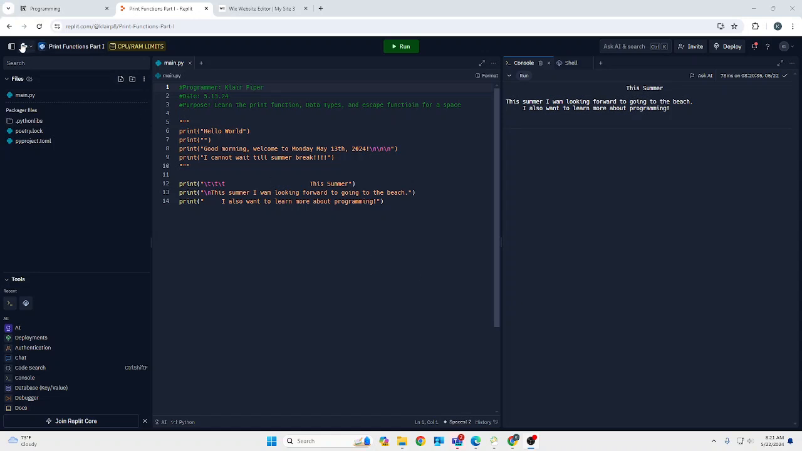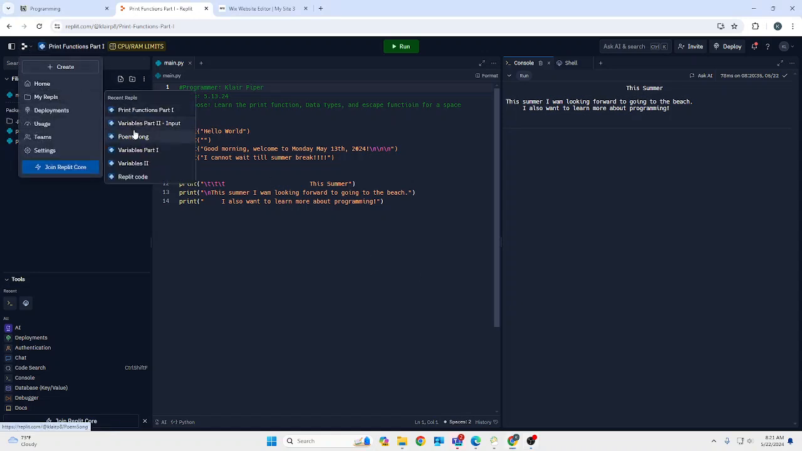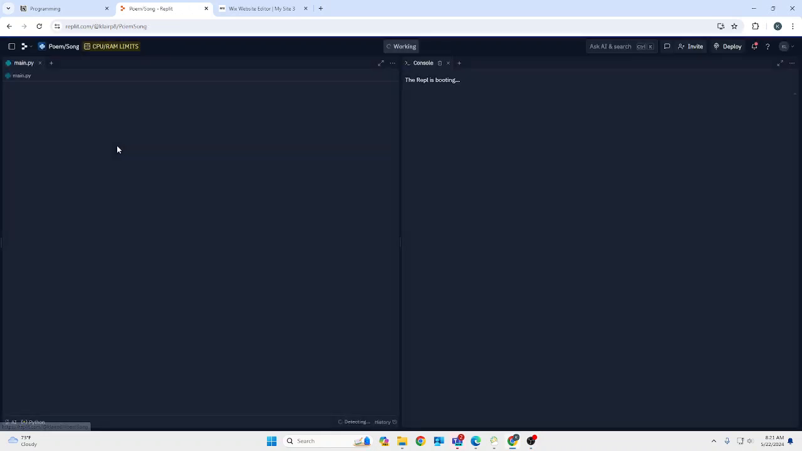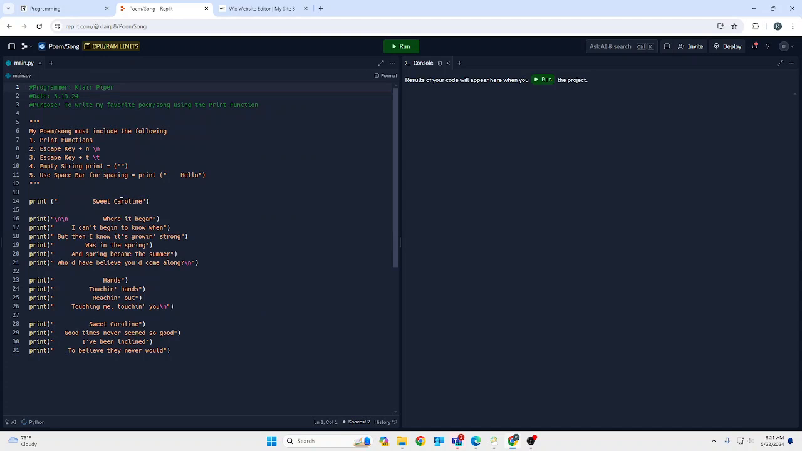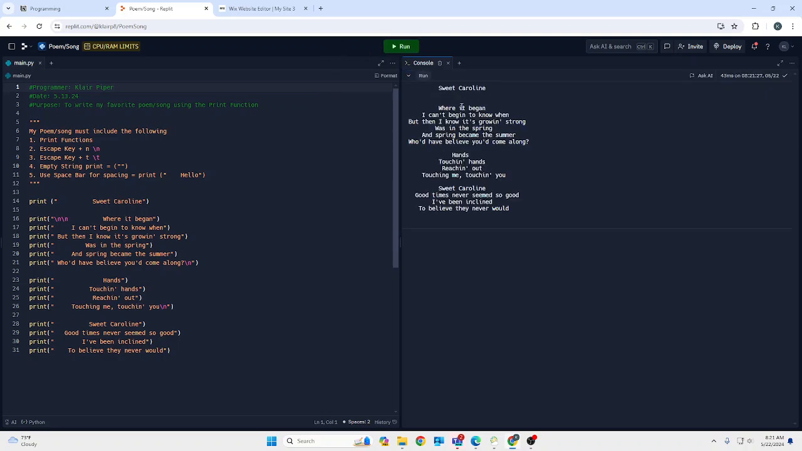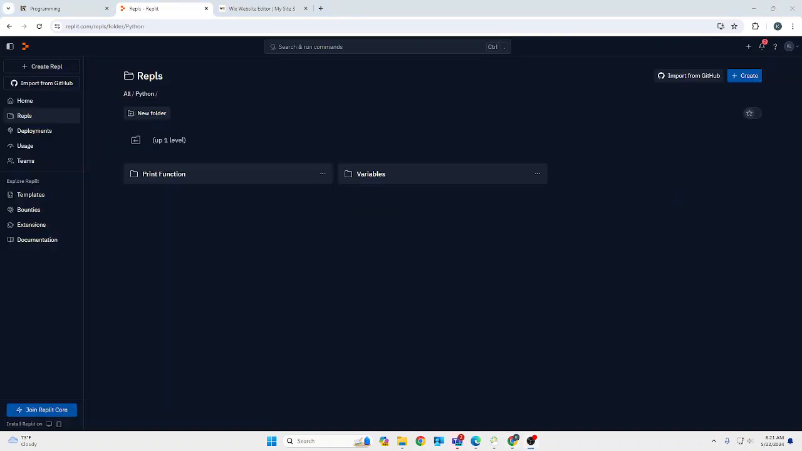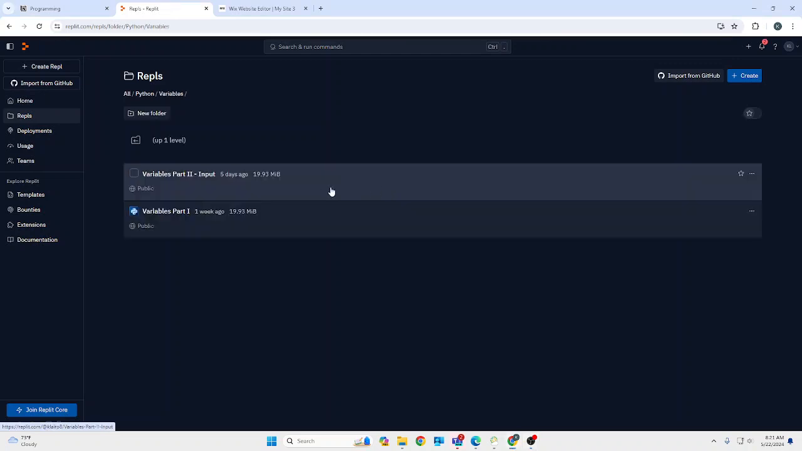so the text looks cleaner when you print it and run it. After print functions, we continued to make poem/song, which is where we copied the song Sweet Caroline, as you see right here, and we added a whole bunch of print functions to add the lyrics when we clicked run. So here it is, Sweet Caroline, and where it began, and it's just all the different lines and different verses of the song. After that, we created a variables folder, and within that we have variables part 1 and 2,